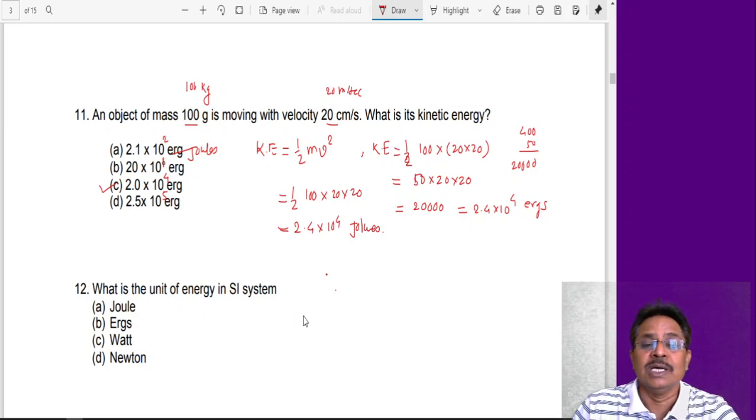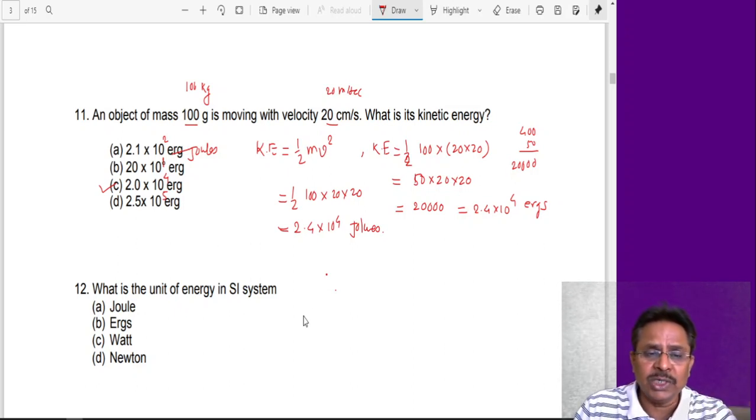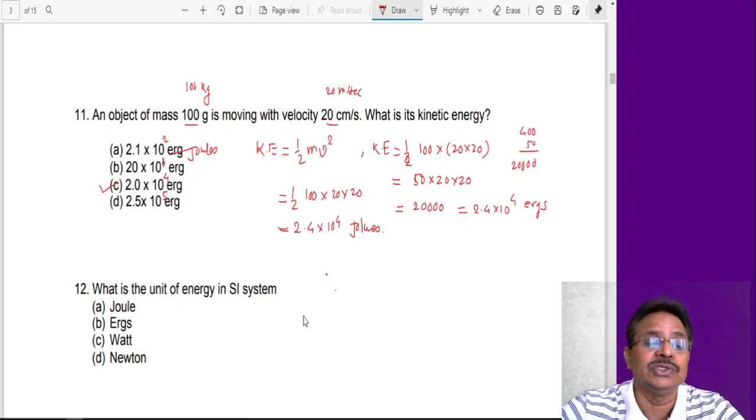That is how we have calculated this answer with this simple example. Try to understand that in the examination the same problem may not appear, but the numbers will be changed, units will be changed, one unit may be different, the second unit may be different, and based upon that you have to think very carefully about what is actually given and what is asked. A very simple problem of calculating 1/2 mv square will not be easily asked. There may be some change in units or some change in numbers, and based upon that this example may be altered.